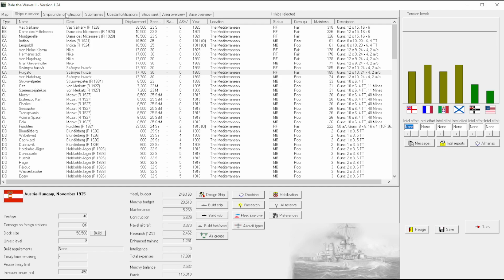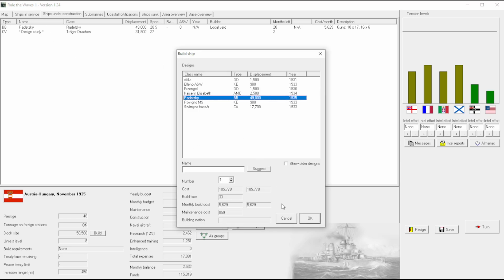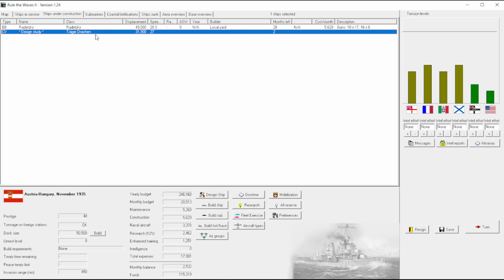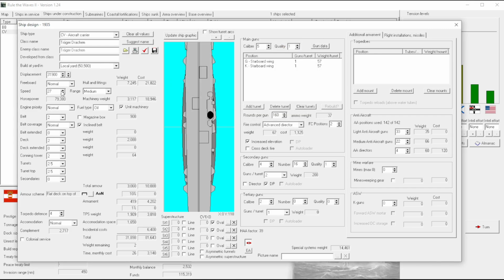Good monthly balance. So now let's go ahead and ruin everything by building a second Radetzky. Is that what I want to do? This design study is in 2 months. I think I'm actually just going to call this video to a close here. How much... What is the monthly... Okay, so this will...